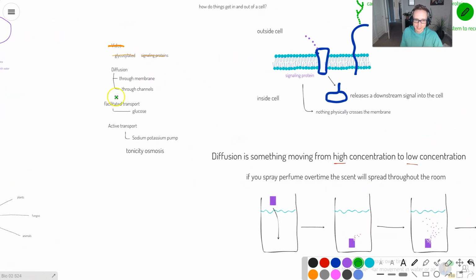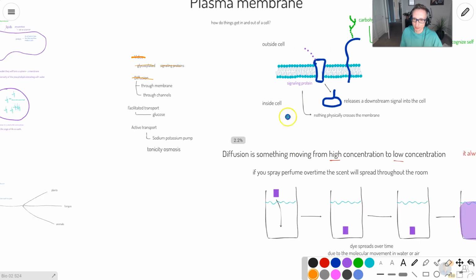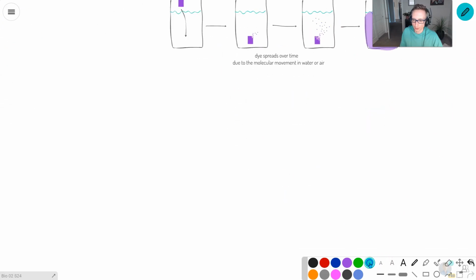Okay, so that's the basics on diffusion. So now let's talk about how things get through the membrane with the process of diffusion. So we've got our cell membrane here in blue. I'm not going to draw on those lipids every time. I'm just going to draw it very simply like this. So the first way things can get through,